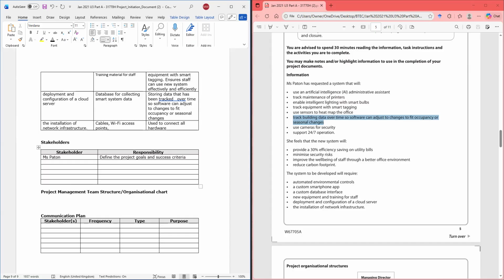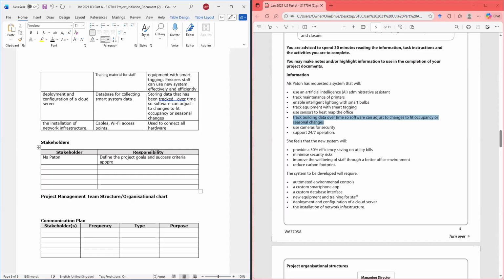She has to also approve the budget and timeline. And if you check in the other section, we have already written these, but in a different form.